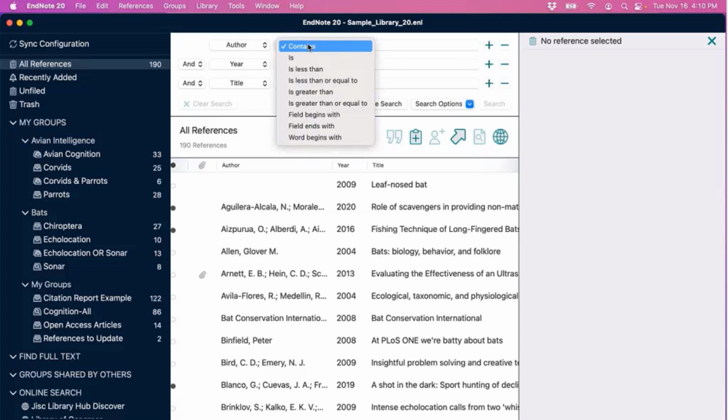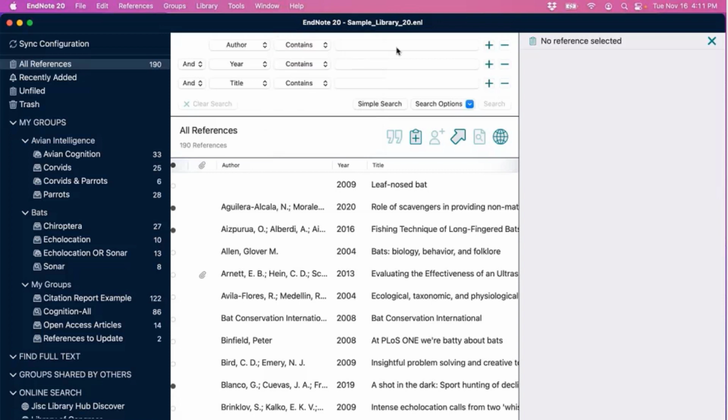I did want to point out that in EndNote desktop, you can craft a very complex advanced search. You can use contains to look for a term or phrase within a broader field. If you want to find an exact match, you can choose is. If you want to look for a number range, we've got options for that. If you want to find how a field begins or ends with a particular word or phrase, there are options for that as well. And if you have several keywords that share the same root and you want to find all variants, you can use word begins with. So I did just want to point that out.